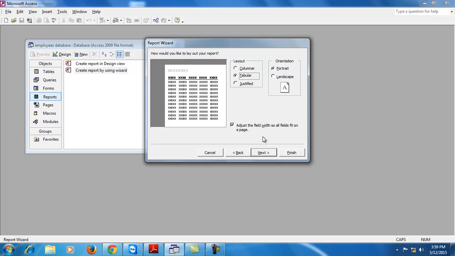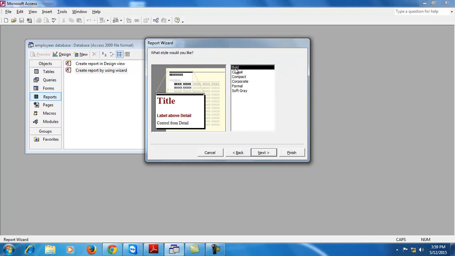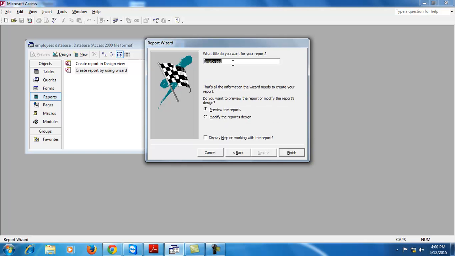Then click on next. Select the layout of the report. Select the orientation, that is portrait means lengthwise and landscape means widthwise. Then select the style of the report. Click on next and give the title for your report.